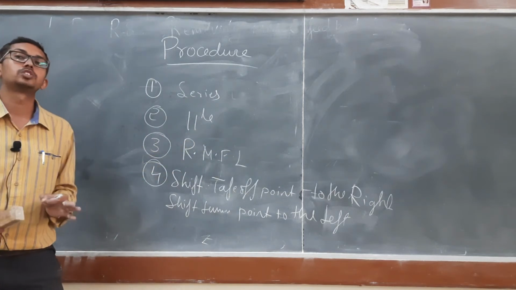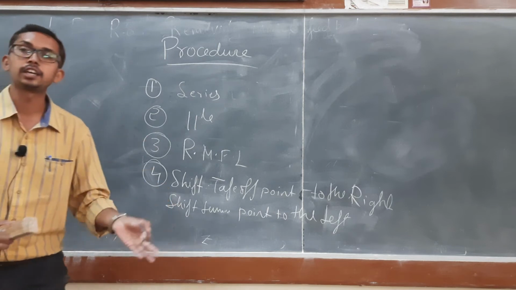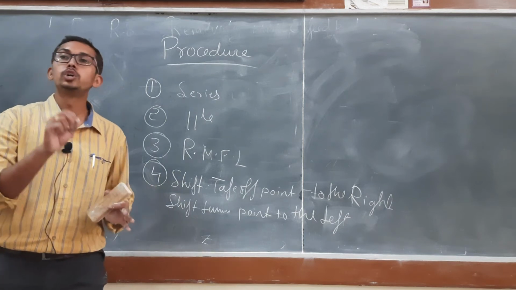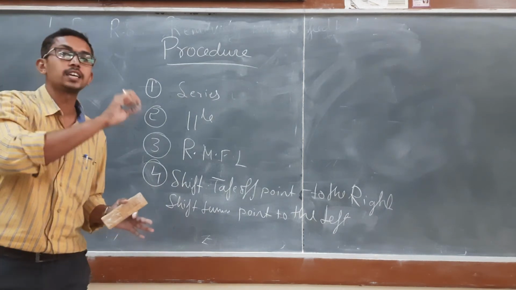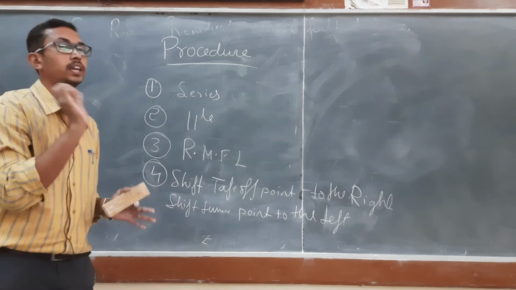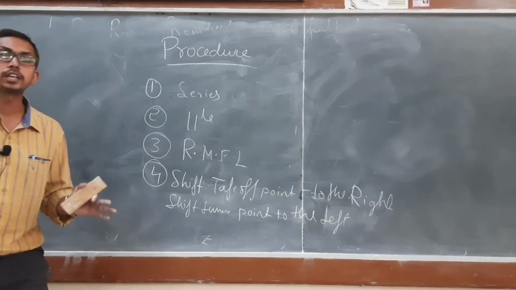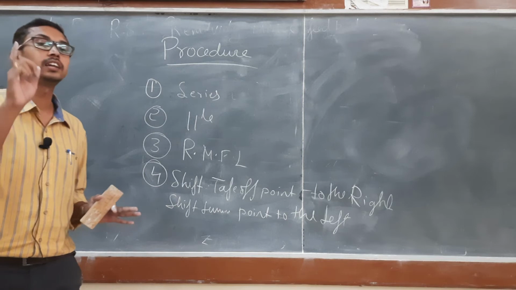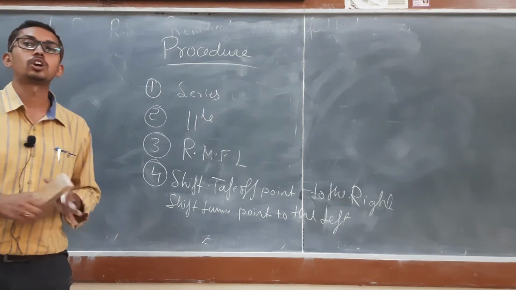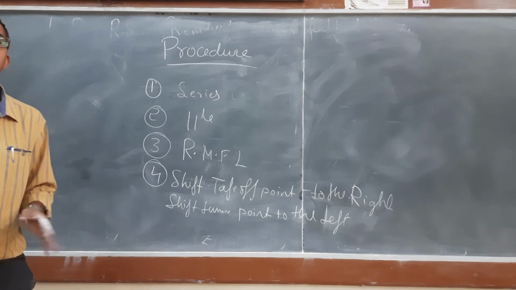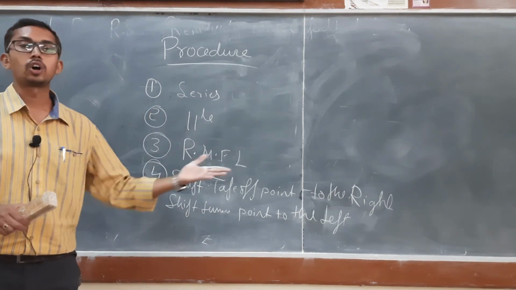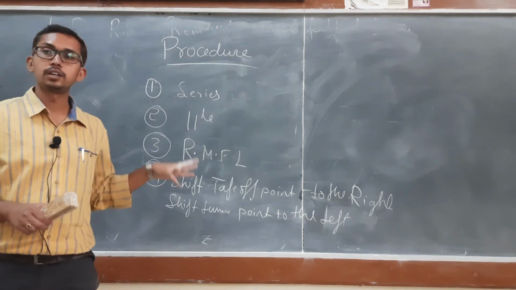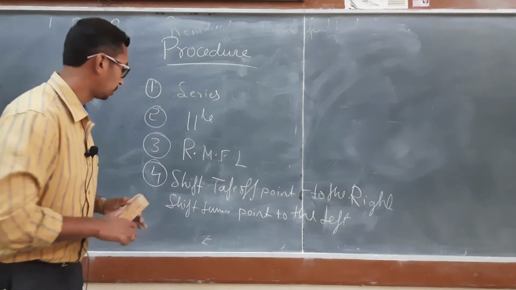So as much as possible, don't apply the critical rules. That is a continuation of step number 4. As much as possible, don't apply the critical rules number 10 and 11. Rules number 10 and 11 are called critical rules. So don't apply rules 10 and 11 until it is required. If it is not at all required and you apply them, you are not going to get the marks for that. You are going to arrive at the wrong answer. So as much as possible, try to avoid rules number 10 and 11. Okay, that is step number 4.